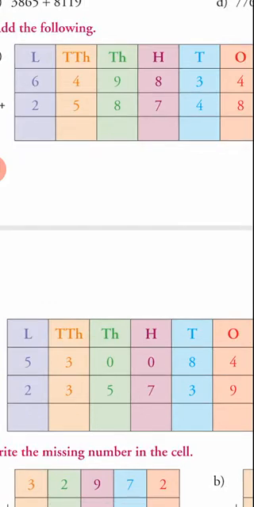Now you can see that there is a 6-digit number, right? 649,834, and you have to simply add 258,748 to it. So what you will do, you will just start your addition from the ones place and then move further towards the left side. So just add it out and see what is the answer that you are getting after adding these two numbers.